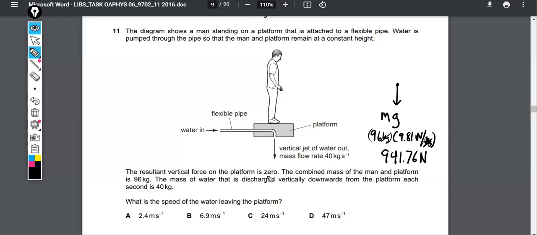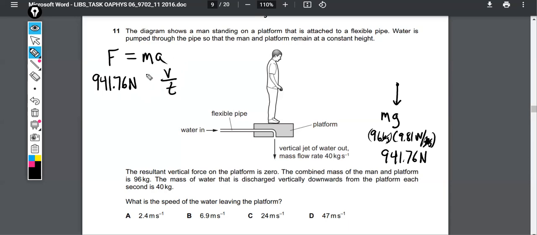If the resultant force is 0, and we know that weight always goes down, there's got to be an up force equal to that. So we're looking for a force that is also 941.76 newtons, okay? If we think about force as mass times acceleration, but we know that acceleration is like velocity